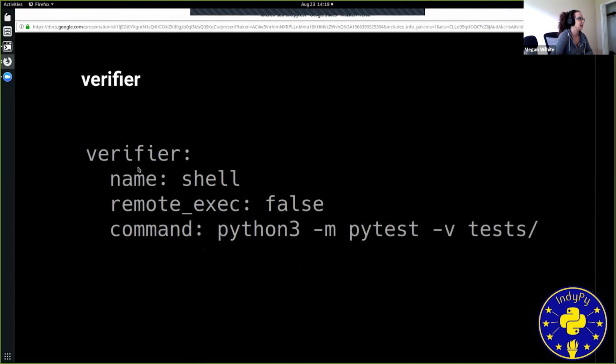And then we're going to define our verifier. The verifier is going to test everything. So when we do what's called a converge, it's going to install Salt and run the states. And if that passes, then we're going to run the verifier. And the verifier is just a way to verify that your states were set up correctly. In our example, we're using the shell verifier,